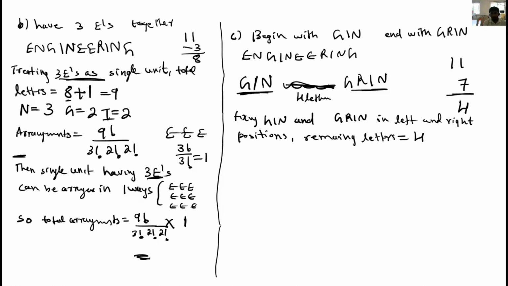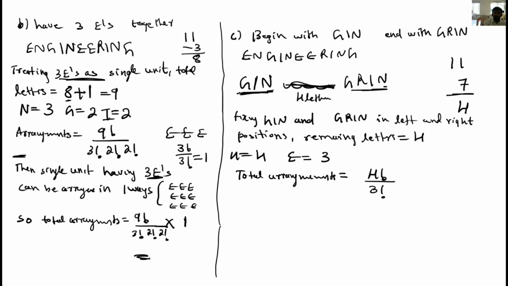4. Okay, now check, in these 4 letters is any repetition there? n is equal to 4, but in those 4 letters E repeats how many times? E repeats 3 times. Any other repetition? I is fixed here, and here also I is fixed, so there is no repetition. Then what about N? Here N is fixed, here N is fixed. So there is no repetition of N also. Here E only repeats 3 times. Then what's the arrangement? Total arrangements